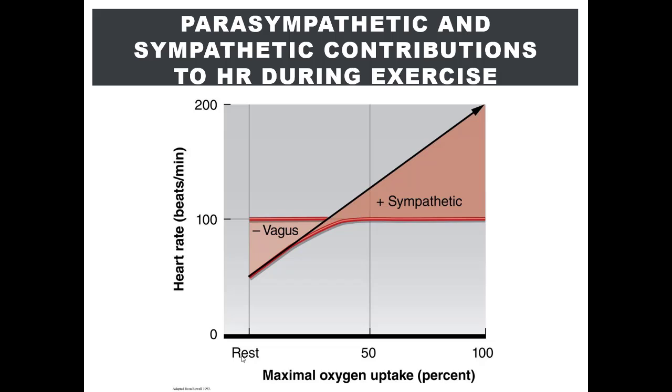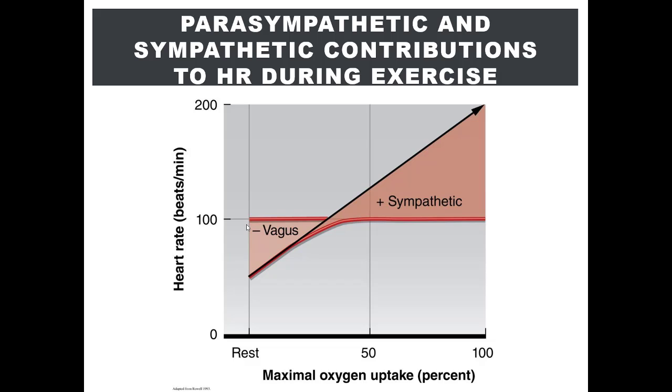So during exercise, increased sympathetic activity and vagal withdrawal increases heart rate at different times, and this is represented by this figure here. On the x-axis, you have percentage of maximal oxygen uptake, or VO2 max, which is a scale of intensity. We have rest on the far left and 100% VO2 max on the right, representing maximum intensity. On the y-axis, you have heart rate. So as most of us know, heart rate increases directly proportionate to exercise intensity, and that is denoted by this black arrow pointing up and to the right.